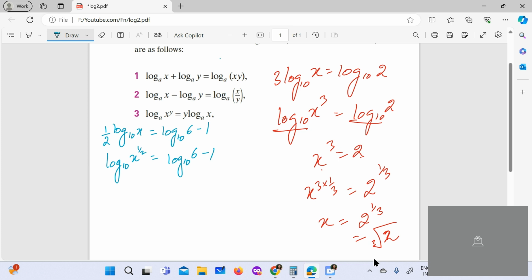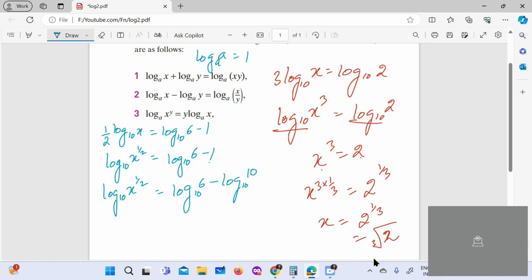Okay, I will tell you one thing. First we write everything in log form. Here you have 1, so I hope you remember, log base a of a is 1. Following this rule, I will write 1 as log base 10 of 10. So this will be log base 10 of x to the power of 1 over 2 is equal to log base 10 of 6 minus log base 10 of 10. Is this clear to you? Right? Okay. From here, you tell me what can be done then.